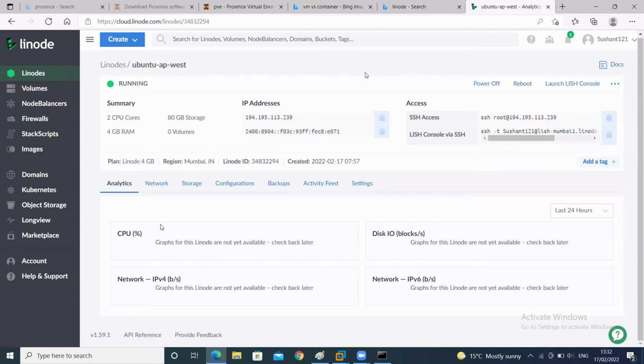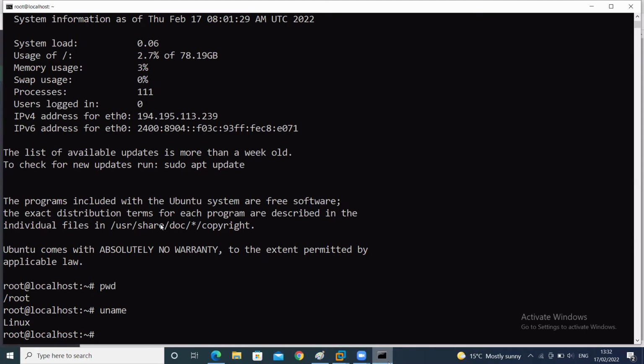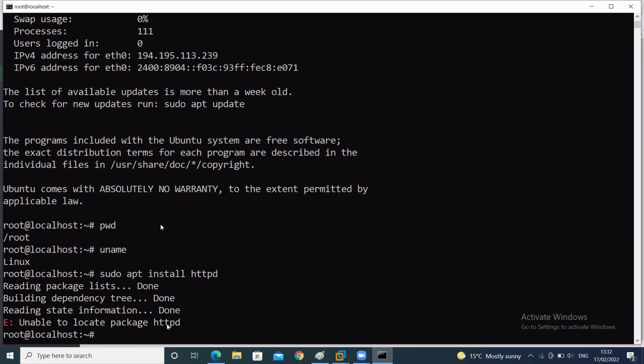If you know how to host a website, you will use this for that. And if you want to use it publicly, you have to go with sudo apt install httpd for the Apache server.